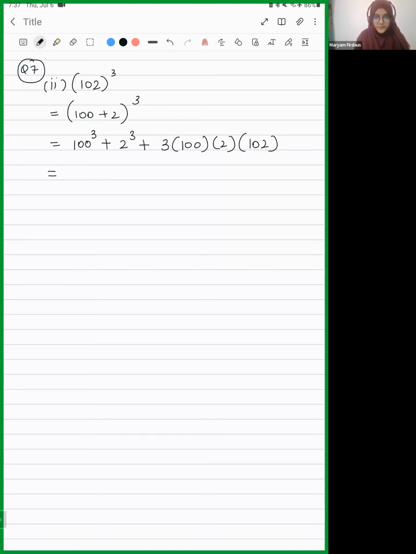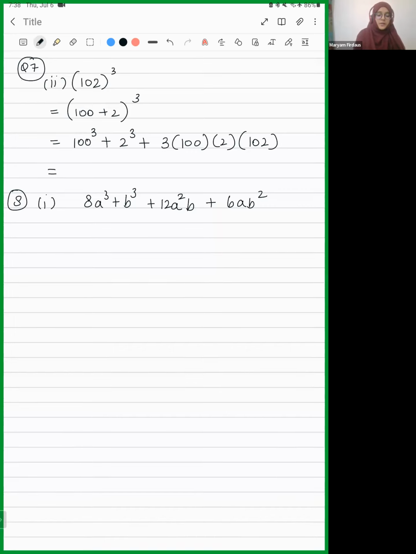All right. Now let's do question number 8, first part. Okay. So it says 8a cube plus b cube plus 12a square b plus 6ab. Sorry, this is square over here. Okay. What do we do now? We have to use the identity a plus b whole cube. So now over here,